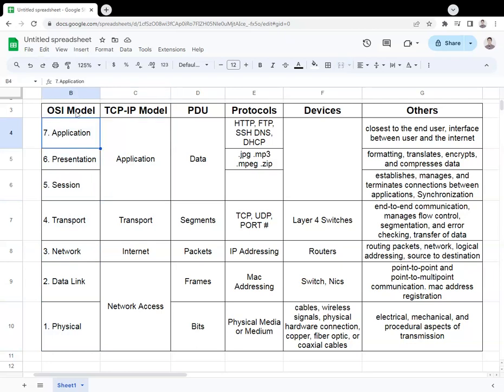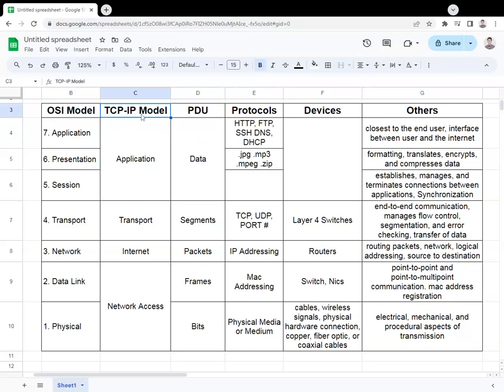The OSI model was never really implemented; it is a theoretical and conceptual model. But what we really have is the internet, which is the TCP/IP model, and under